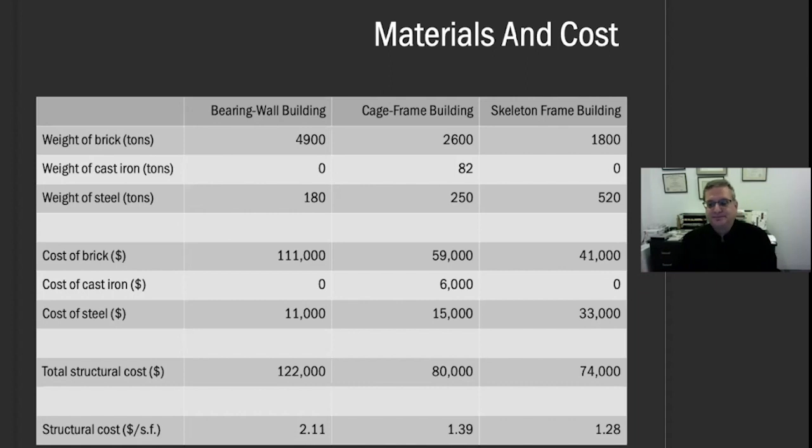The skeleton frame, the steel pieces are fabricated off-site, and they come to the site already ready to be riveted together. So you have rivet crews putting these pieces together. You have crane crews putting the pieces in place. There's a lot of labor involved here, but compared on a pound by pound basis, or a volume by volume basis, 1 cubic foot of brick, which is about 20 bricks, versus 1 cubic foot of steel, which would be an ordinary floor beam, maybe 4 or 5 feet long. There's just no comparison. The amount of labor to build the brick wall is much, much higher,